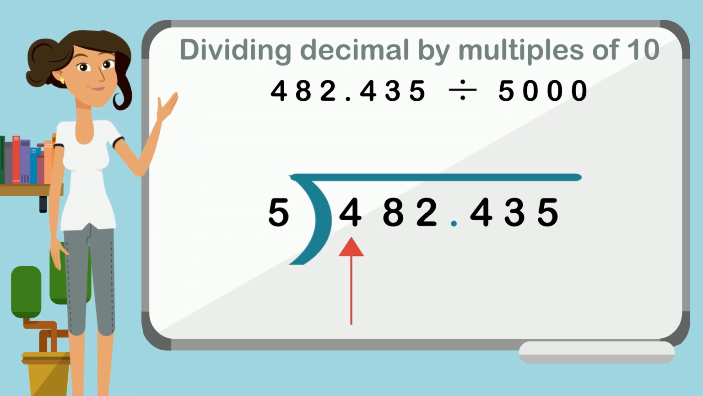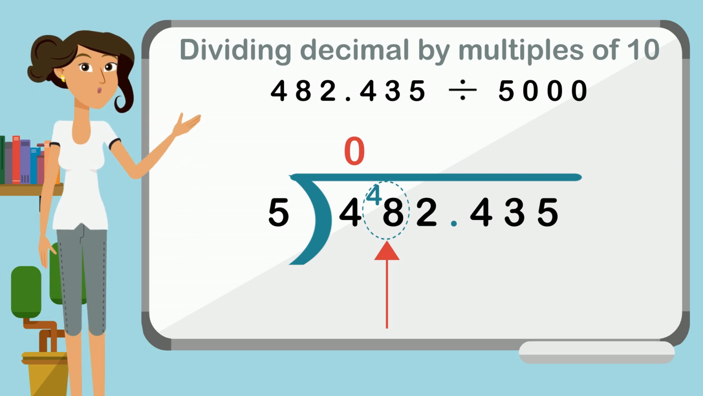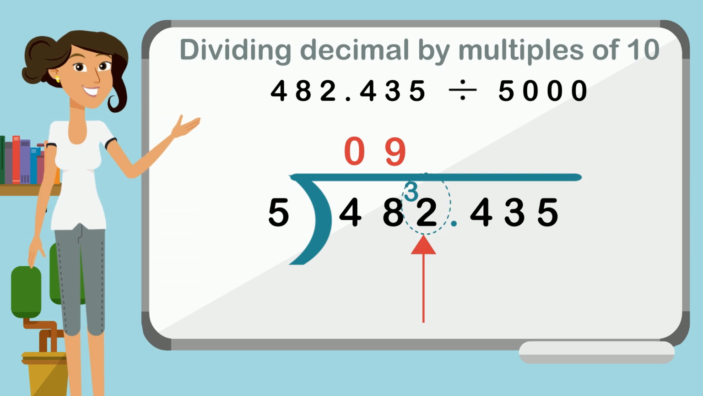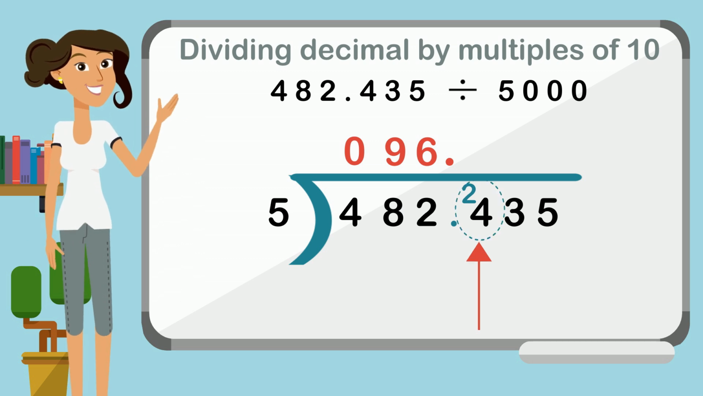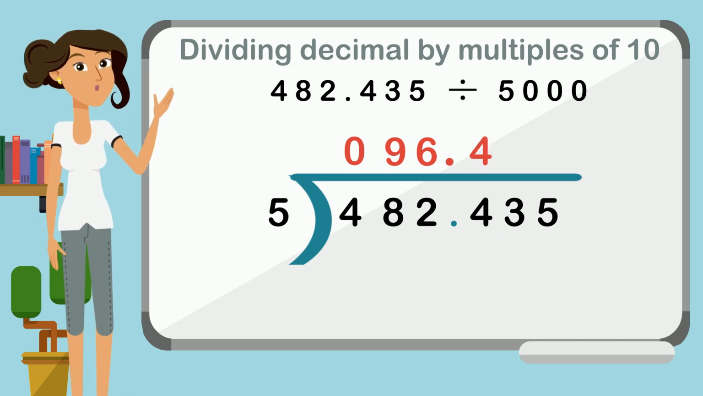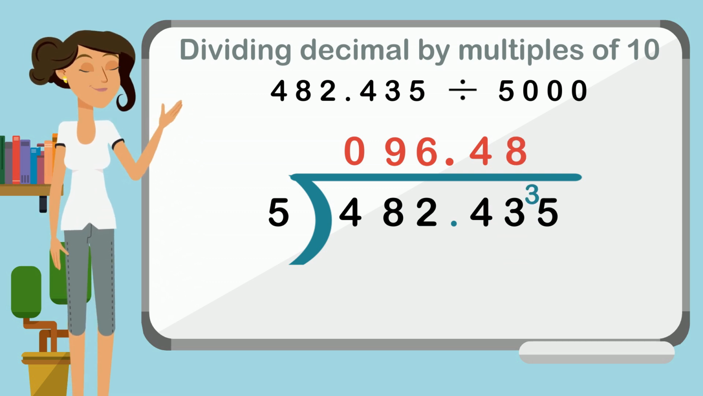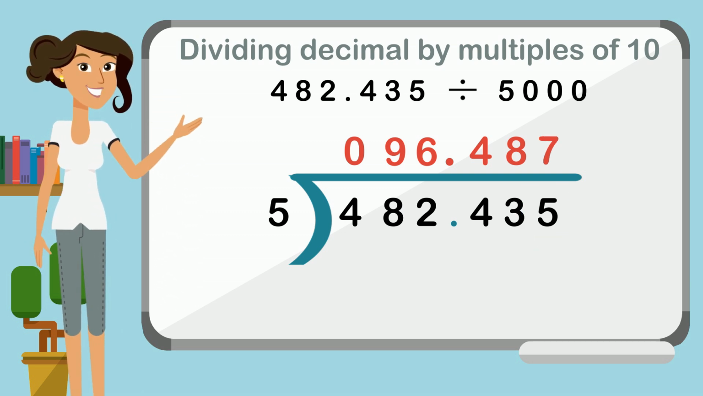4 divided by 5 is 0, remainder 4. 48 divided by 5 is 9, with a remainder of 3. 32 divided by 5 is 6, with a remainder of 2. Decimal point. 24 divided by 5 is 4, with a remainder of 4. 43 divided by 5 is 8, with a remainder of 3. 35 divided by 5 is 7. The answer so far is